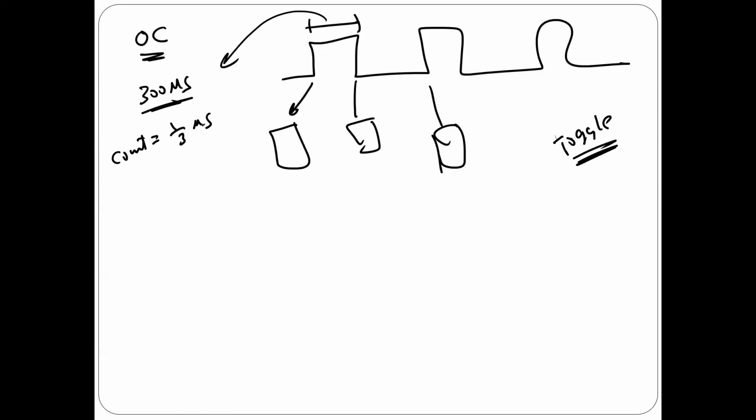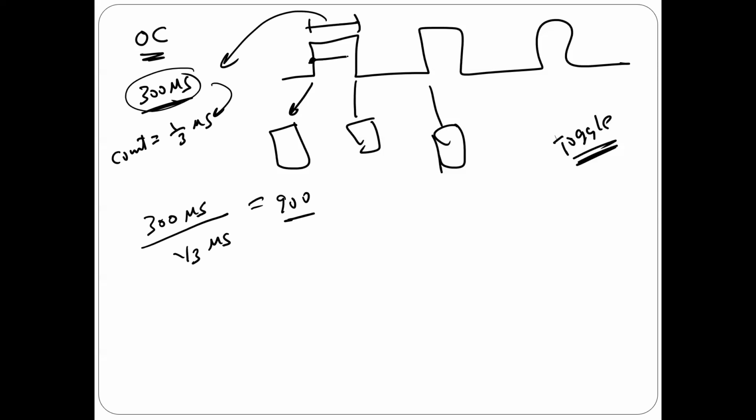Is that okay? You have to convert the time to number of counts because this is the currency. This is the language you are using. We're not going to use the time. We're going to use number of counts. Is that okay? So now I have the time, so I have to convert to number of counts. So what I'm going to do now, if you want to make 300 microseconds, you have to divide it by the time of one count. So this should be 900 counts. So that means from here to here, the timer should count 900 counts.